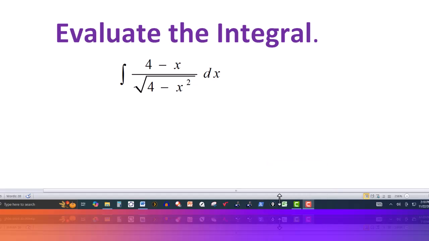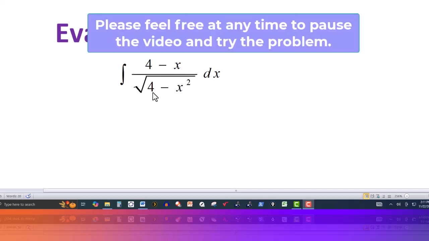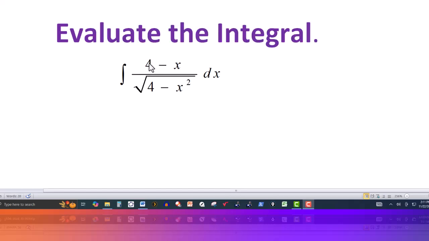In this video, we have the integral of 4 minus x over the square root of 4 minus x squared. Now, to evaluate this, we can see that the derivative of 4 minus x squared is minus 2x. We have a minus x up here, but we have the 4. So if we didn't have this 4, we could use just a standard U-substitution and let u equal 4